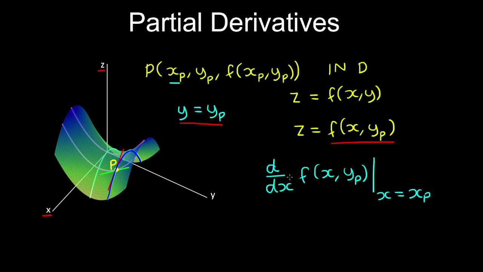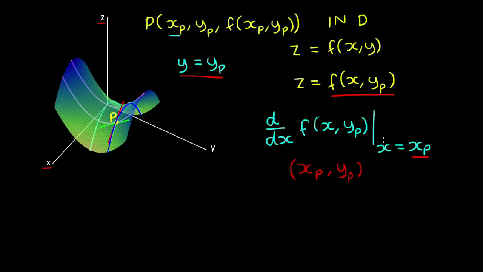and we evaluate this at this point, which has an x coordinate of xp, then this ordinary derivative of the function of this curve with respect to x at the x value xp, which is the same as evaluating the derivative of the function at the point with coordinates xp and yp on this parabola, is really the partial derivative. So we're differentiating with respect to x while holding y constant. So we define a partial derivative of the function with respect to x using the following symbols to separate it from the ordinary derivative,